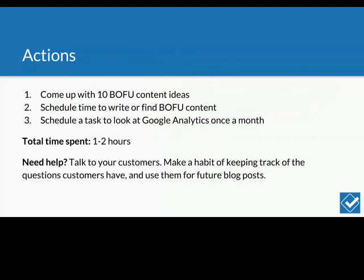So I write 1 post a week thereabouts. You could just find content out there that already fits this and curate it for your audience, or you could write your own. Obviously, writing your own is always helpful because it's showing that you're an expert and giving your own knowledge. And then number 3, we're going to schedule a task to look at Google Analytics once a month